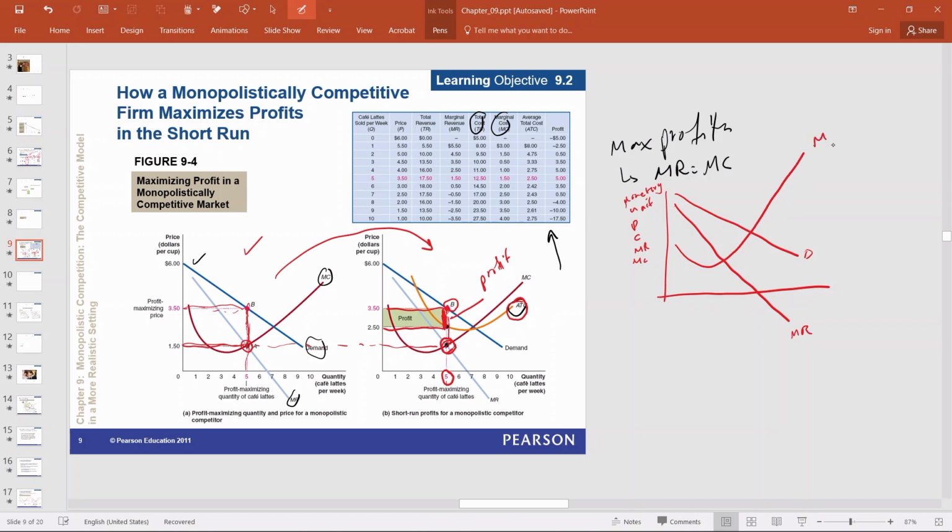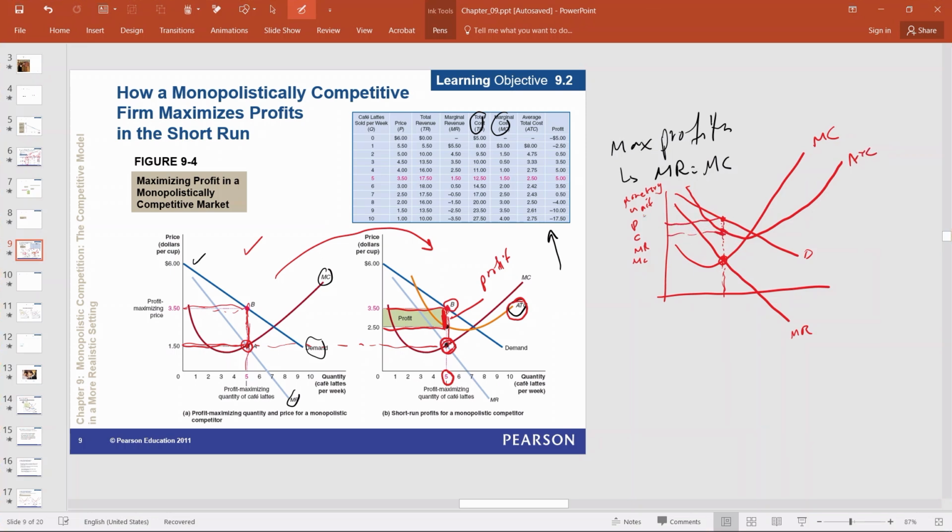And this is where this firm can maximize the profit, when marginal cost equals marginal revenue. And I need this intersection. I need to take a line to hit the demand curve. And if I draw average total cost, it has to intersect at the minimum, the marginal cost intersects the minimum of average total cost. So since this is the cost and then this is the profit,